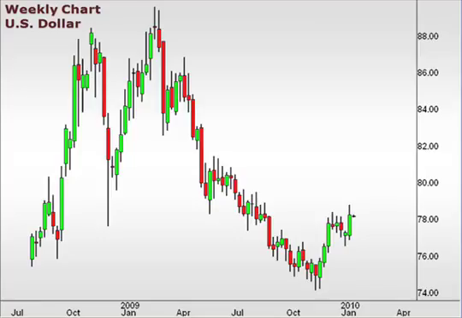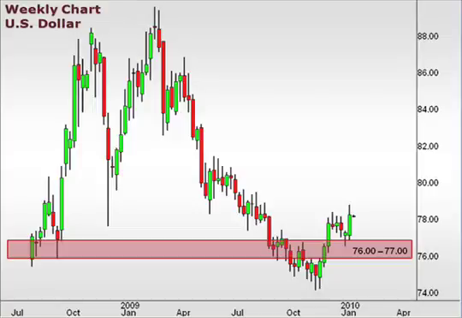Let's take a look at our weekly chart of the US dollar index. This is a great way to gain perspective as to how the US dollar has been trading against a basket of currencies. Well, the 76.77 focal zone continues to hold as the US dollar continues to gain strength against most majors. We have an upside target of the 79 to 81 box as seen here. However, after such a robust rally over the last couple of weeks, it would not be unrealistic to expect at